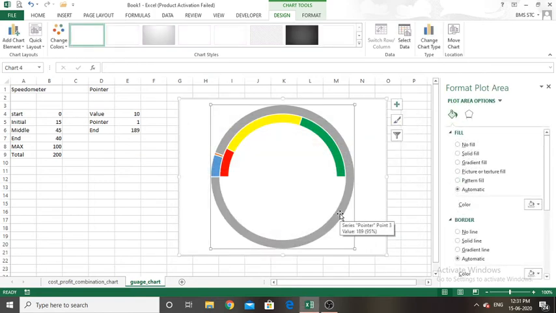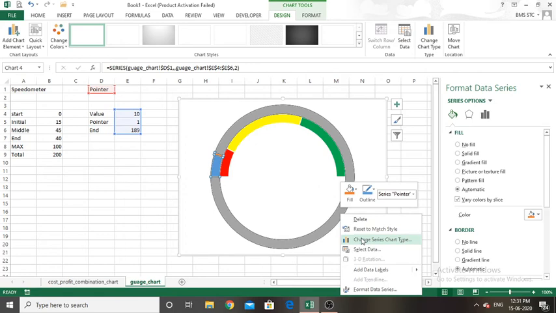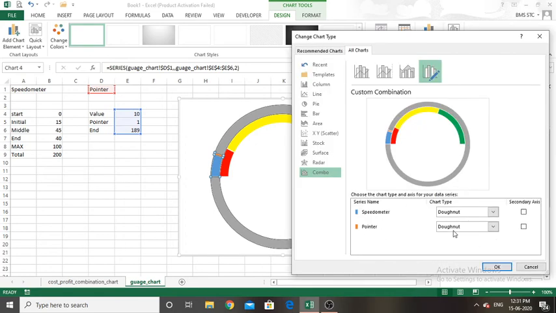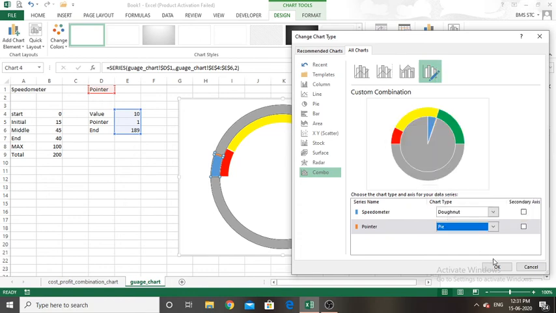So now it looks like a donut over a donut, right? So I don't want this kind of speedometer. It never looks like a speedometer. So I'm going to change the chart type. The speedometer itself should look like a donut, but the pointer data we selected should never look like a donut. It should look like a pie. So I selected pie,